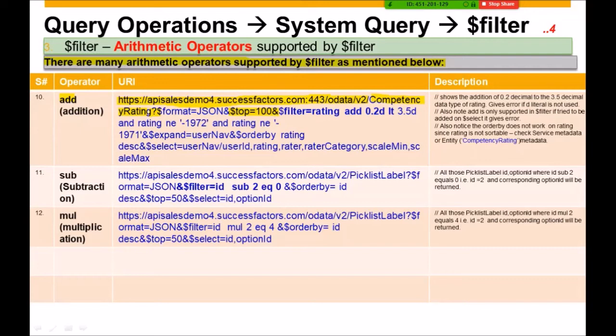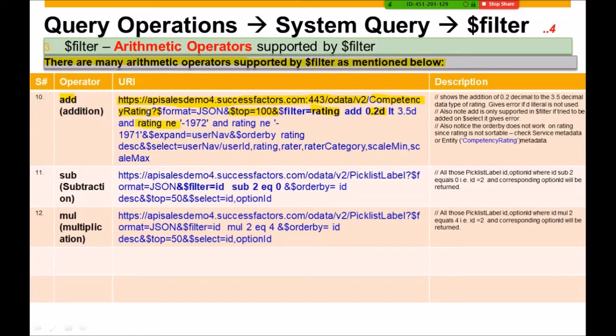Here d is appended because it is the decimal data type that we are adding, and rating is also a decimal data type. Since it involves a point, we need to mention that literal, otherwise it starts giving an error, because SuccessFactors does not understand the text with the decimal. That is why we need to tell that it's a decimal data type that is being sent across, so we need to provide the d suffix.